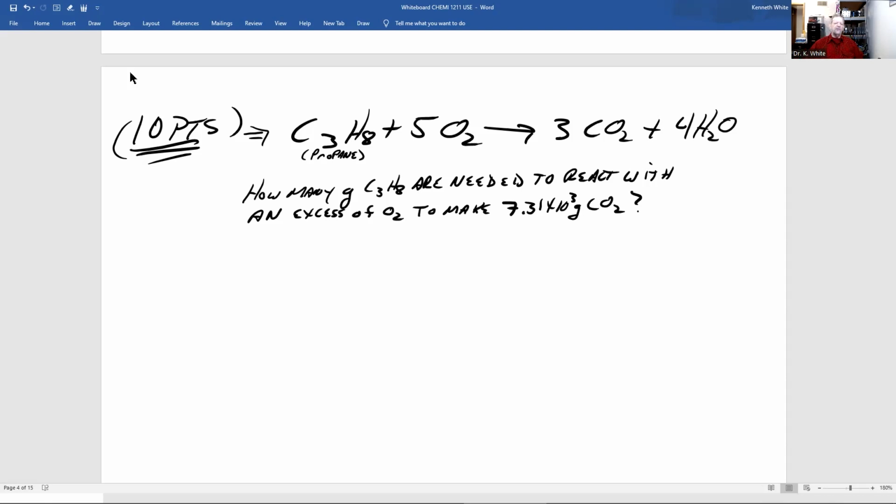All right, so the question is, given this balanced chemical equation, how many grams of C3H8 propane are needed to react with an excess of oxygen, O2, to make 7.13 times 10 to the third grams of CO2, carbon dioxide. So, first thing,